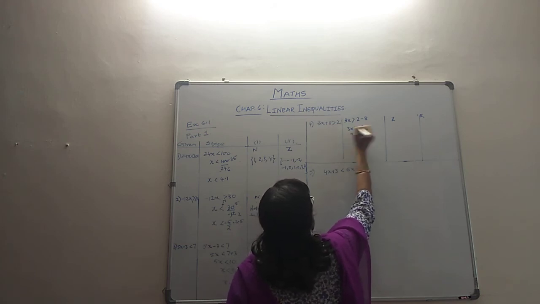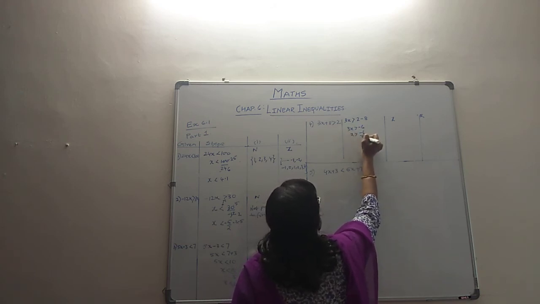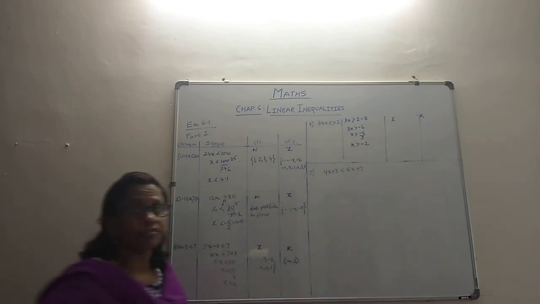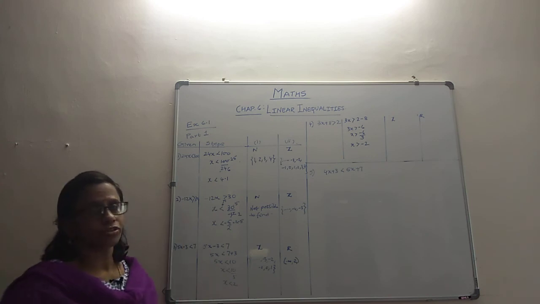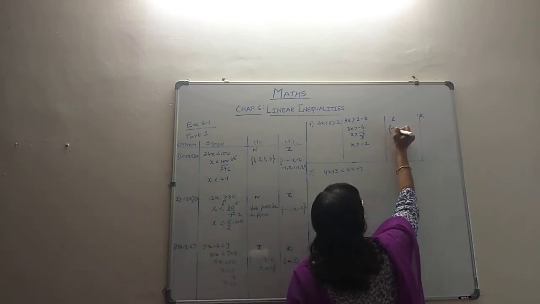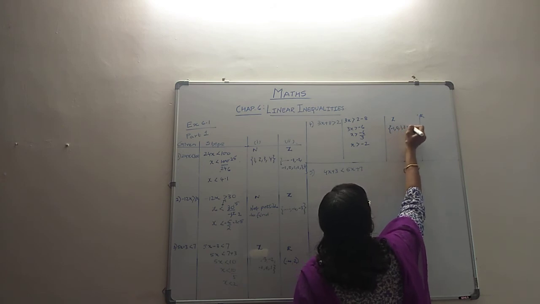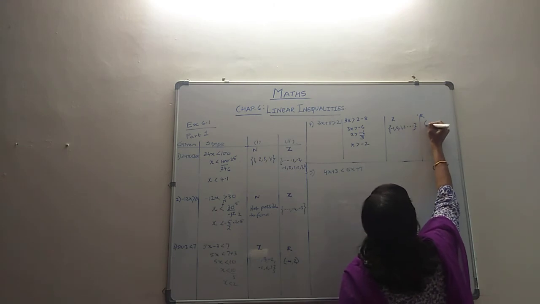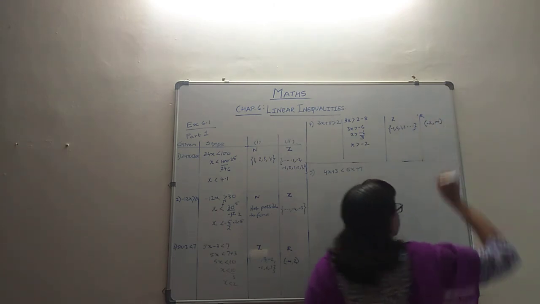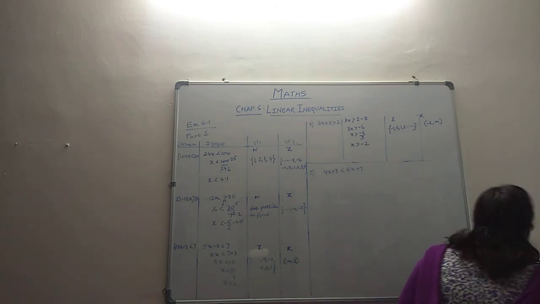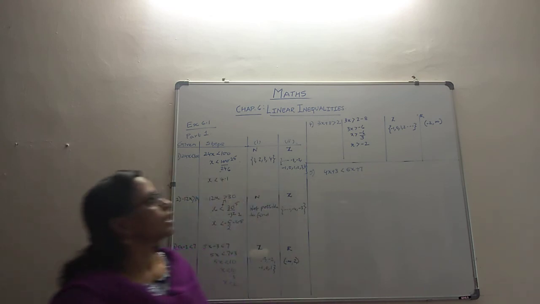x greater than, let the 3 go on the other side, by 3. So x is greater than minus 2. So x is every value after minus 2. First in integers you have to find. Every value after minus 2 means you can start from -1, 0, 1, 2 and so on. And in real numbers, every value after minus 2 means you could have minus 2 to infinity. Please check. That's it. So that's how your values will come up.